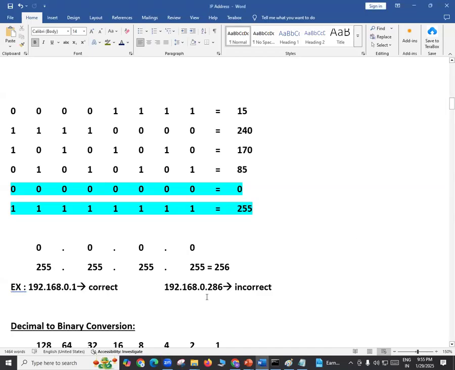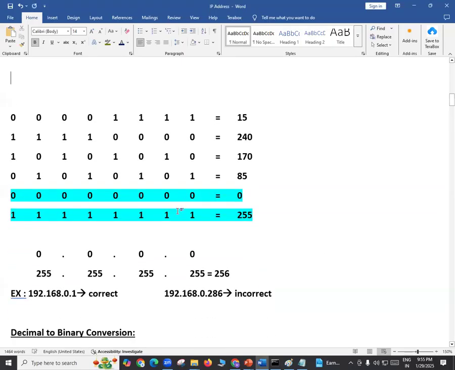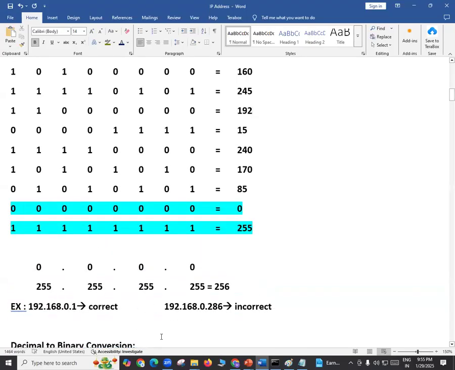Okay, so see here, friends, when you convert these binary numbers into decimal numbers, like I told you, there is a very big lesson here. There is a very big thing we are learning about IP version 4. See, here, all these bits are zeros. Then the decimal is how much? 0. Here, all the bits are ones. And the decimal is how much? 255.